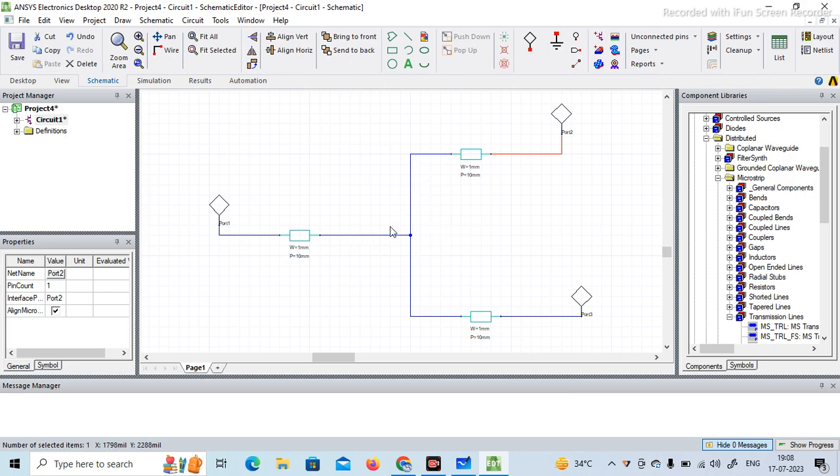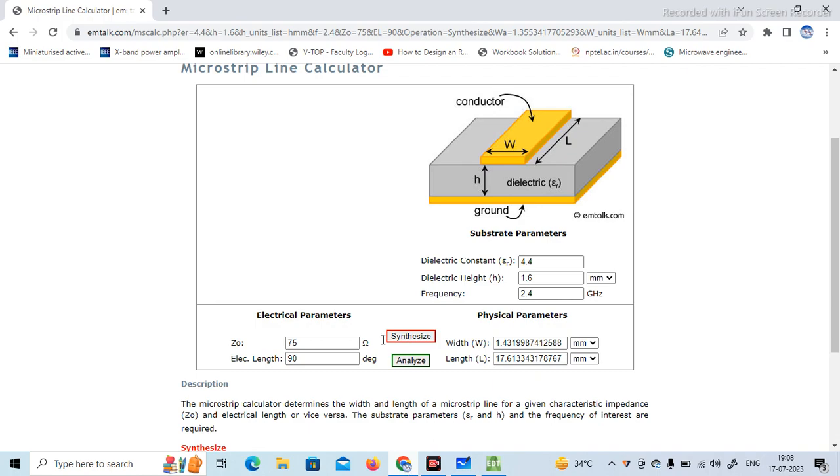To calculate easily the width and length of these 3 microstrip lines, we can go to the EMTalk calculator, and here we have to write the value of epsilon r. We have selected 4.4, which is for FR4. Height we have selected as 1.6, and resonance frequency we have selected as 2.4 GHz.